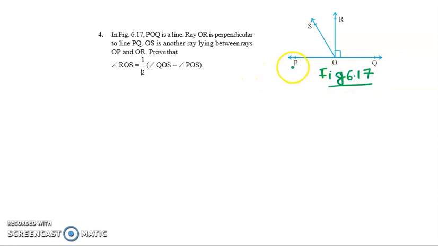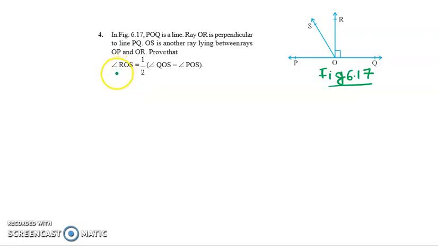POQ is a line. You can see this POQ is a line. Ray OR, so you can see clearly ray OR is perpendicular. How do you know it is perpendicular? Because this 90-degree sign is there, to line PQ. OS is another ray lying between the rays OP and OR. We have to prove that angle ROS